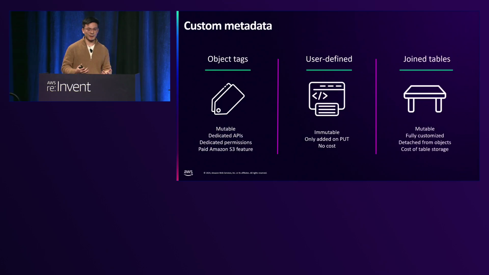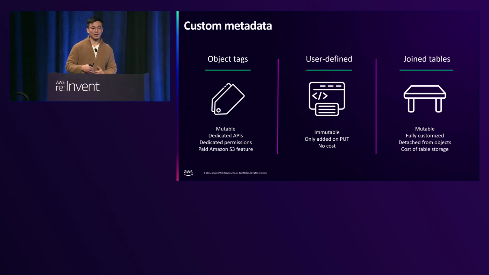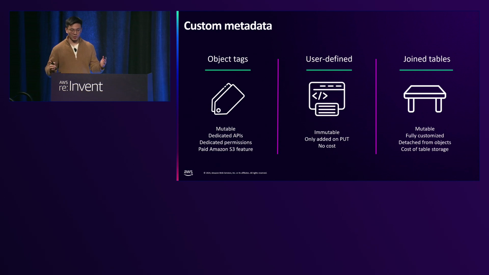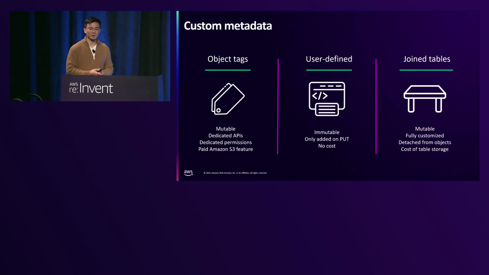Another pattern that we would expect customers to use for custom metadata is your own table. So this is the most flexible way to generate metadata. And because the S3 metadata table is in the table bucket that can host other tables as well, what this means is that you can create another table. You can set up your own architectures to extract whatever metadata you would like. Let's say invoking Bedrock to generate a summary of PDF documents. And whenever you want, joining these sets of custom generated metadata and the S3 generated metadata is just a SQL join away.